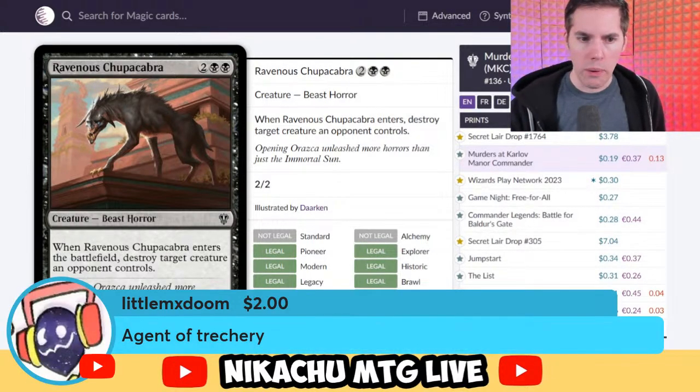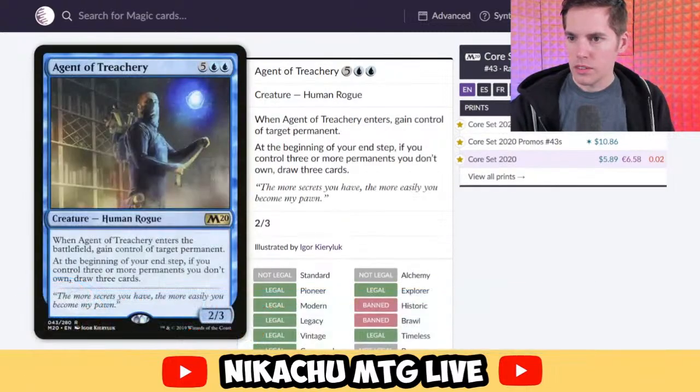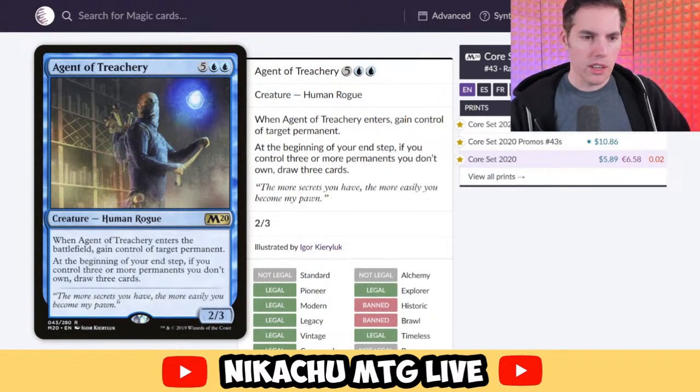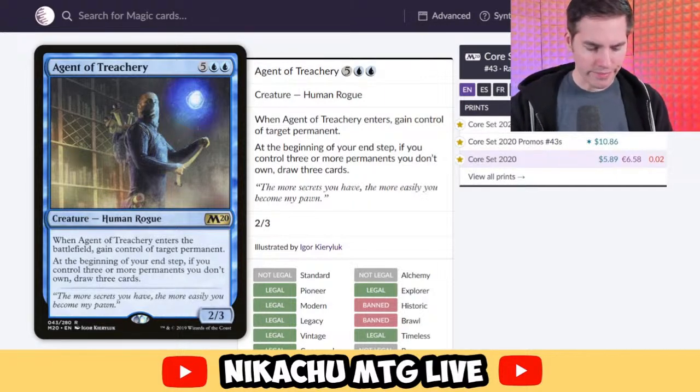Okay, Agent of Treachery. Oh, that's a pretty big one. Card that's banned in Historic and Brawl. I think it should be freed from Historic. 7 mana for a 2/3. Enters the battlefield, gain control of target permanent. At the beginning of your end step, if you control 3 or more permanents you don't own, you get to draw 3 cards. I don't know about this last ability, how realistic that is at pulling off. But the first one is...